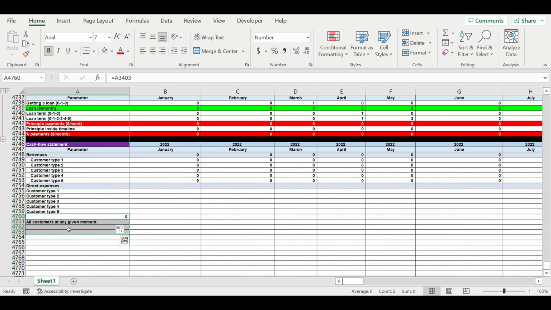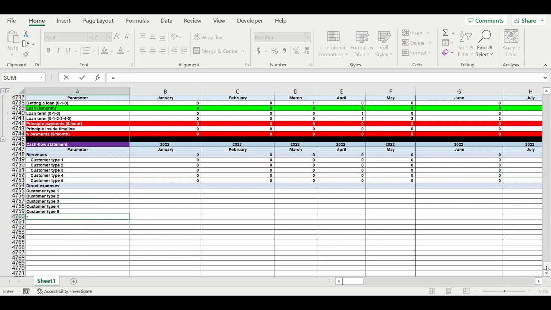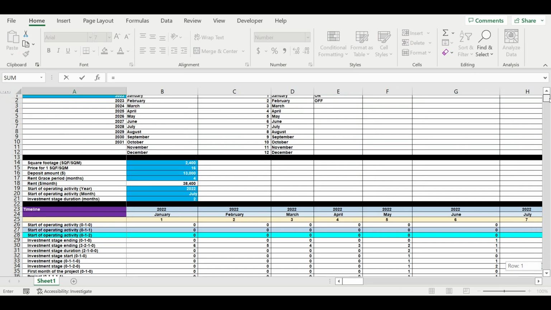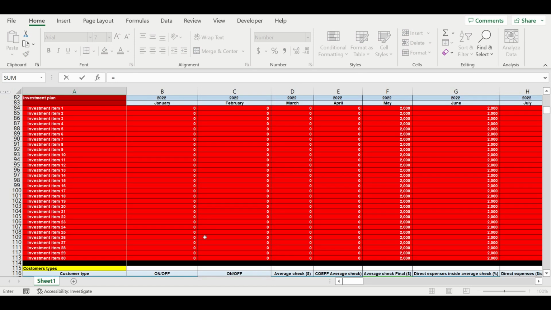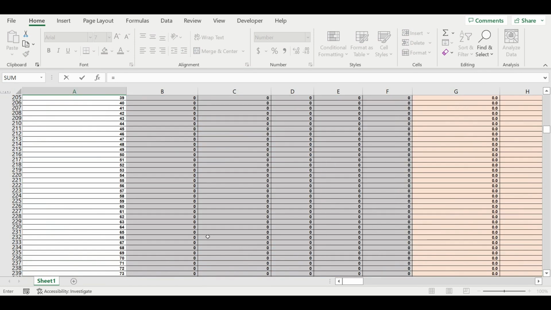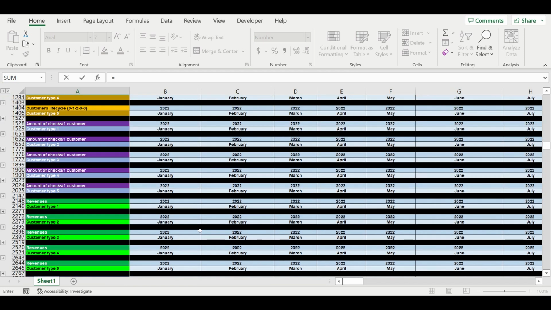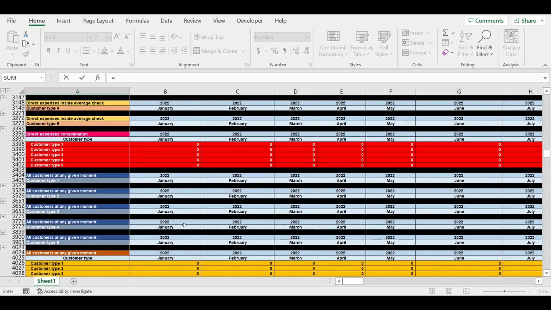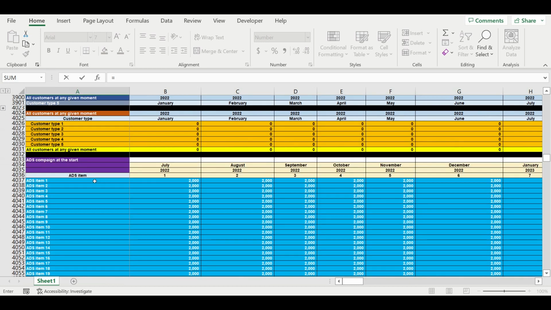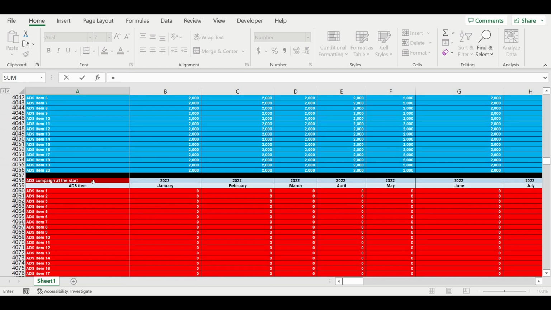We also have these direct expenses which are inside the average check. We also have another group of direct expenses, I'm sorry for it, customers. So we've just mapped this group of direct expenses. Then